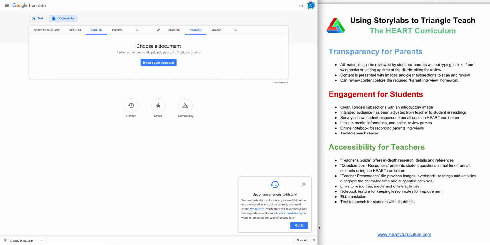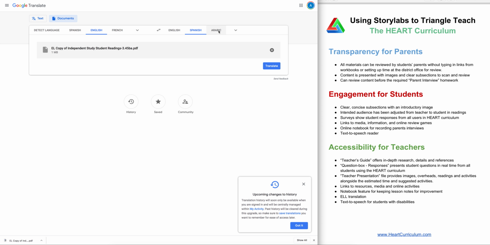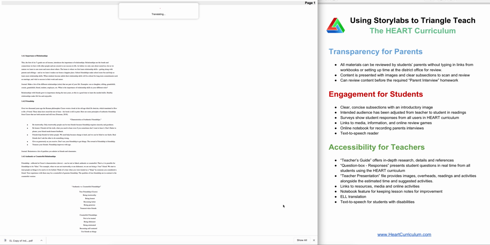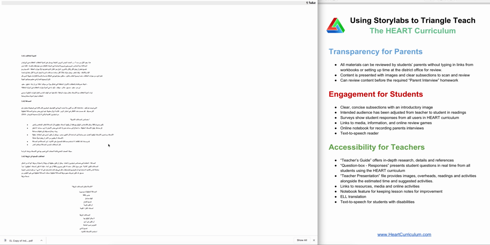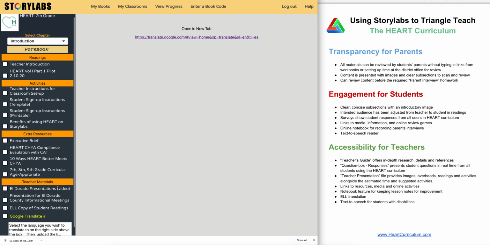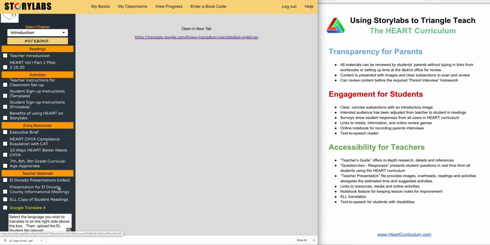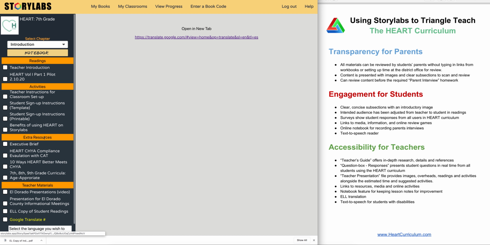and I'm going to translate it into Arabic. And parents will have accessibility to all that. Look at that. Isn't that amazing? I don't know how accurate it is, but it's probably better than they would get in any other curricula. Okay, and then text-to-speech for students with disabilities, links to all resources, question box responses,